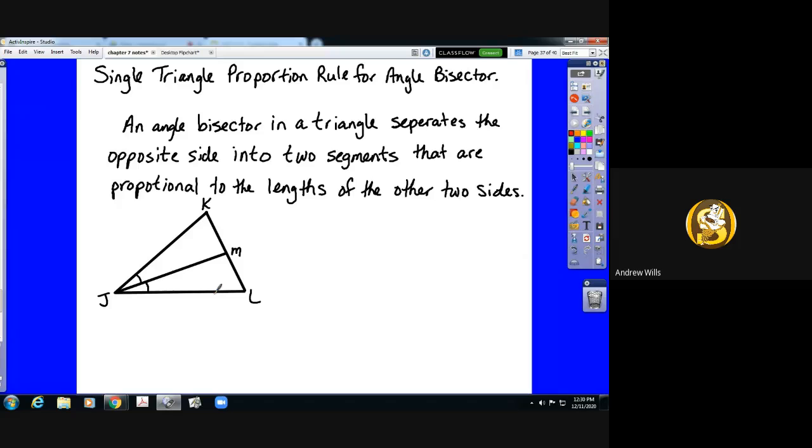What I'm saying is that if JM is an angle bisector, then the ratio of the two pieces, which would be KM to ML,